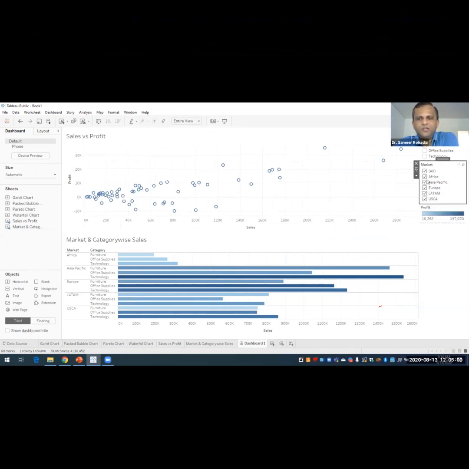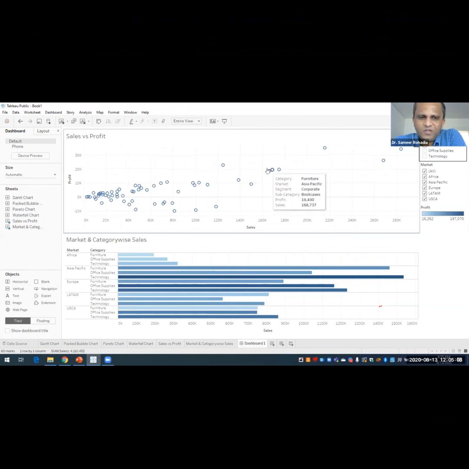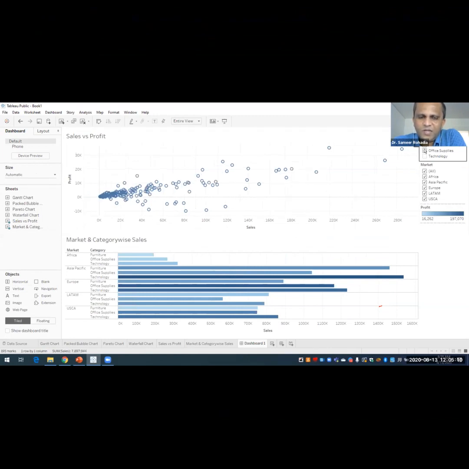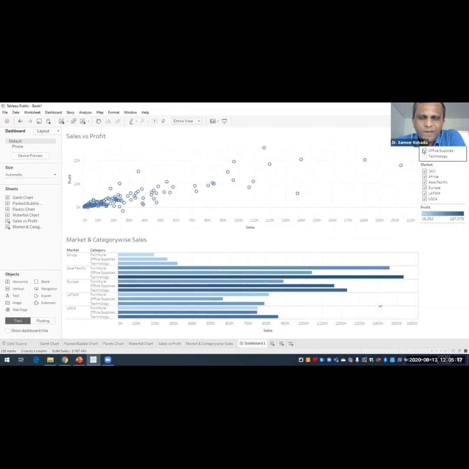Now, with the category filter, if I click on furniture it shows furniture. But if I select office supplies or technology, this filter still affects only the first chart, not the second.